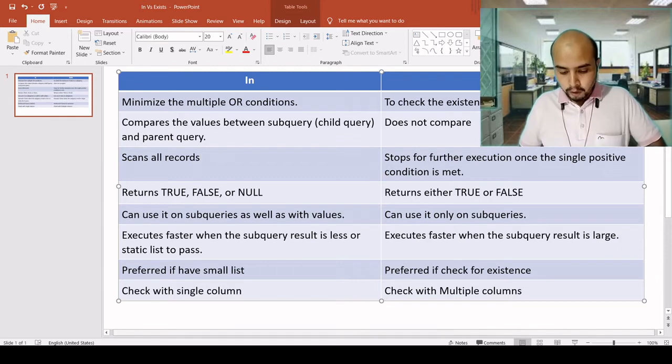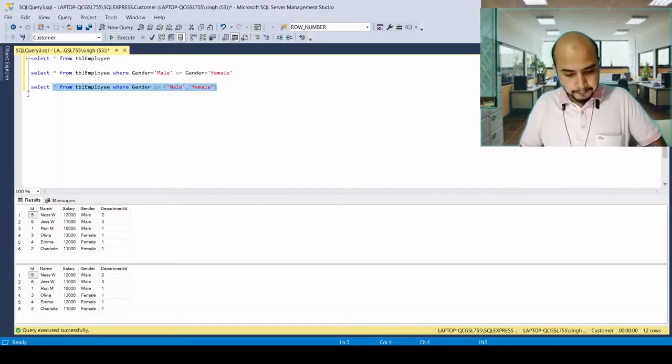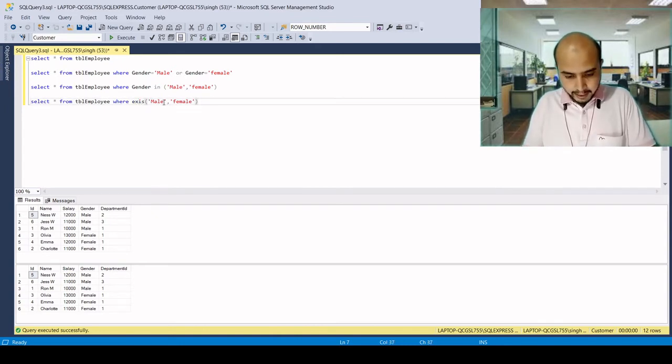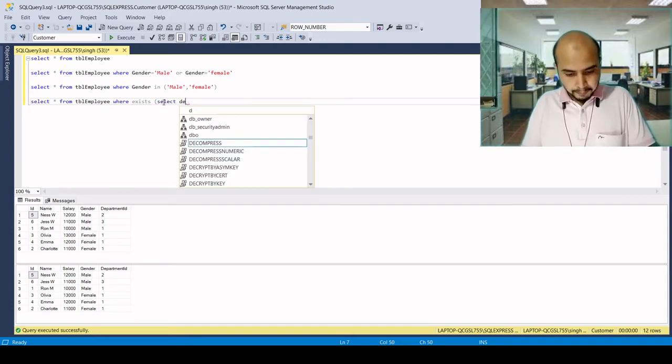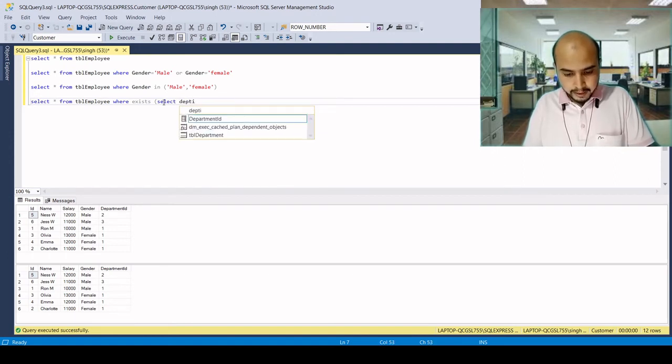If I would write the same query with EXISTS, let's say I'm writing select department, or let's say DPT ID, from a table called department.